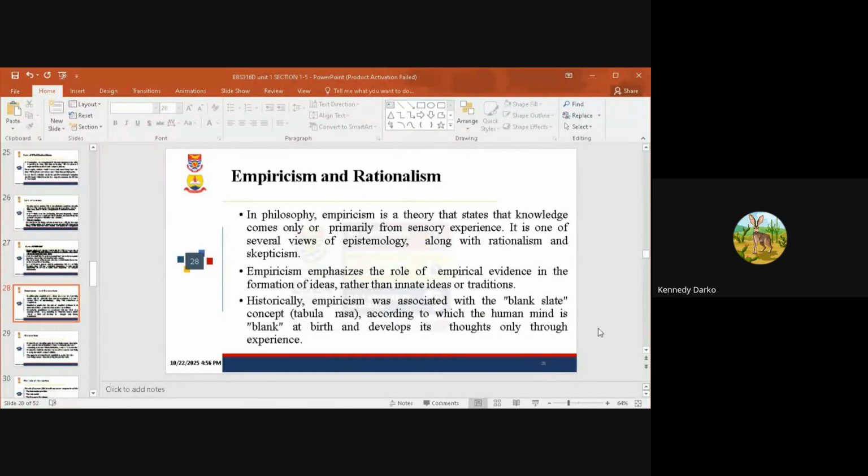The baby will start scribbling on the paper. So it means that you, the teacher, have constructed the environment and learning will take place. The rationalist or the empiricist says that the child's mind is empty. So once it's empty, it's the teacher who